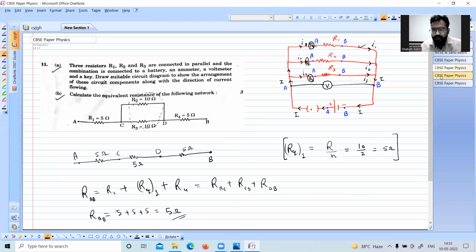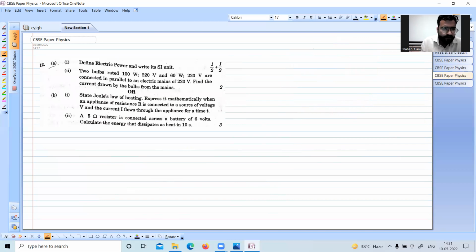Now let us move to the next question. So the next question of the physics part is: define electric power and write its SI unit. As I told you, if you know the formula of heat, you just have to divide that formula by the time, because what is power? Power is nothing but work done with respect to the rate of time, how much time we consume to do that amount of work. So in unit time, the amount of work I have done, that is my power. Okay, so electric power P is equal to